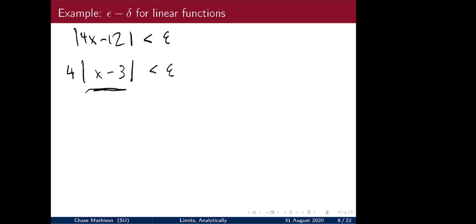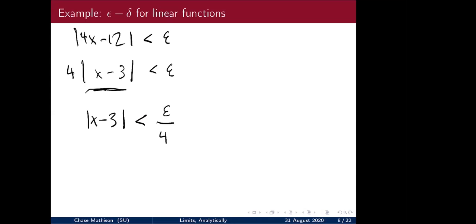I have here absolute value of x minus 3, which is what we're trying to find, right? We're trying to find how close does x need to be to 3 so that I get that first inequality I wrote. Well, I work backwards from the first inequality I wrote to get here, and this tells me that absolute value of x minus 3, divide both sides by 4, this is less than epsilon over 4, right? So what do I need to take delta to be? Delta needs to be,